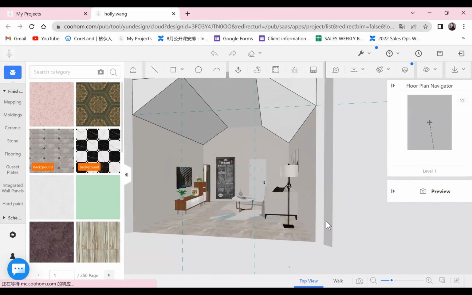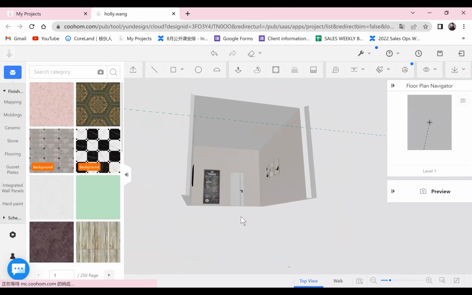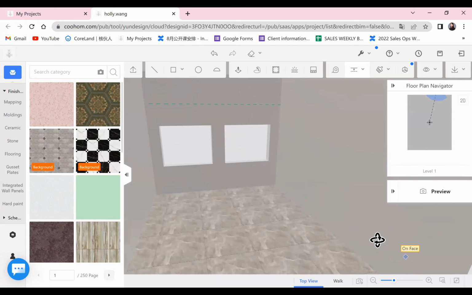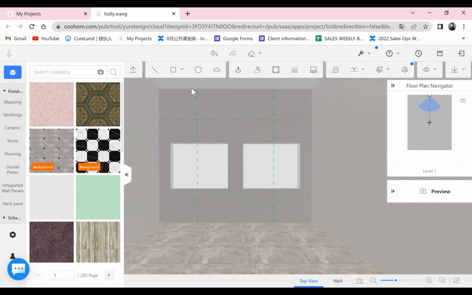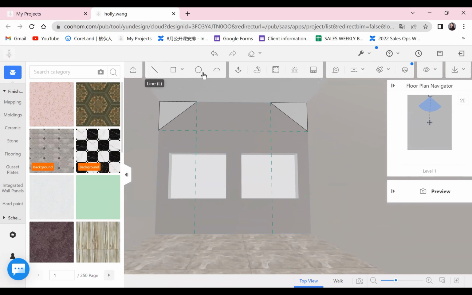All right, I think I delete my guideline. 1,000 this time. Make it smaller. Also 1,000. Like what we did just now, I will get the triangle first, in order to make it not a straight line, but an arc.